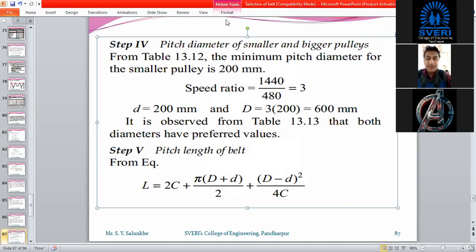Basically here we are going to consider the pitch length because V belts are sufficiently thick as compared to the flat belts. That's why we are using pitch length. Otherwise it is the length of the belt. In case of flat belt, why do we use it? Because flat belts are thin belts and V belts are thick belts.